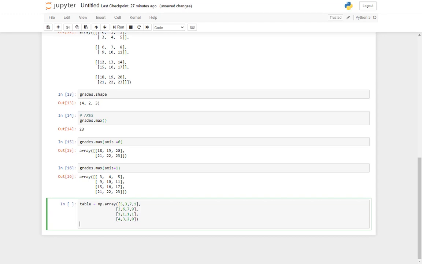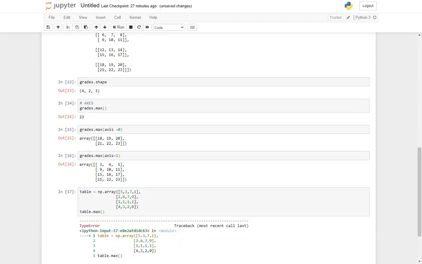Then let us try. First let us just say grades.max. Sorry, the new name of the variable is table. So table.max, shift enter. Okay, there's an error.